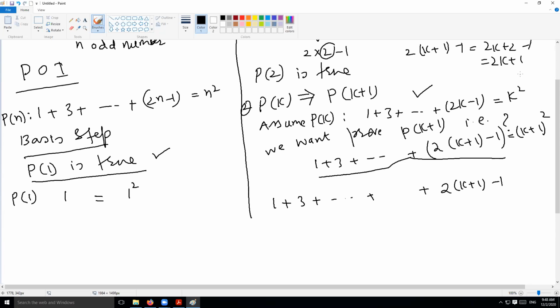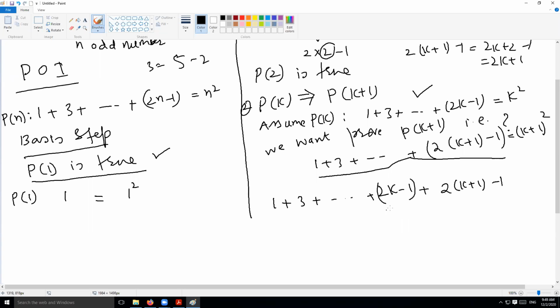If you want to find the previous odd number, exactly, just subtract 2. For example, you take 5 and subtract 2, you get 3, which is the previous one. And from 3, if you subtract 2, you get 1. So if you subtract 2 from a given odd number, you get the previous term. The hidden term that you have to write explicitly is 2k minus 1. So this is the previous odd number.